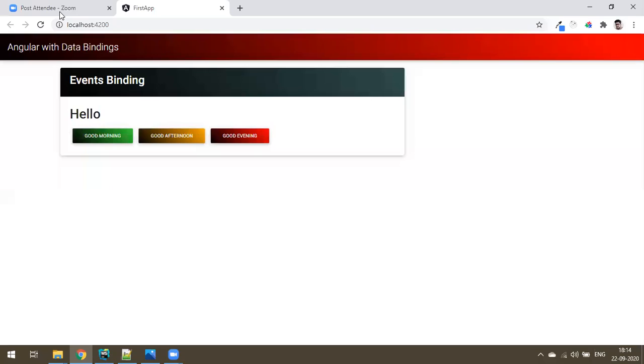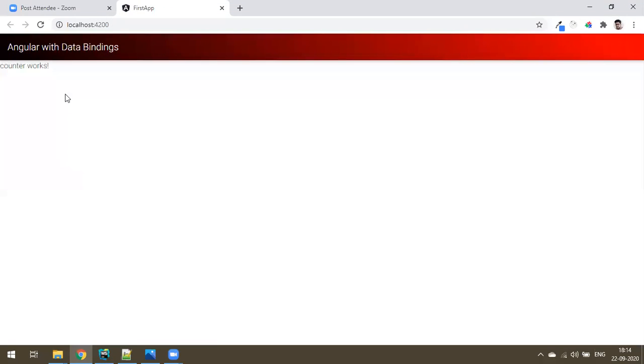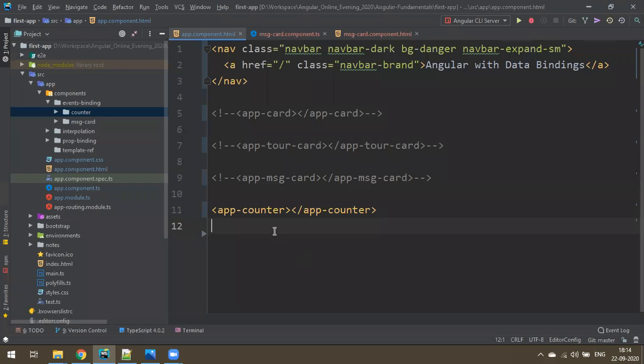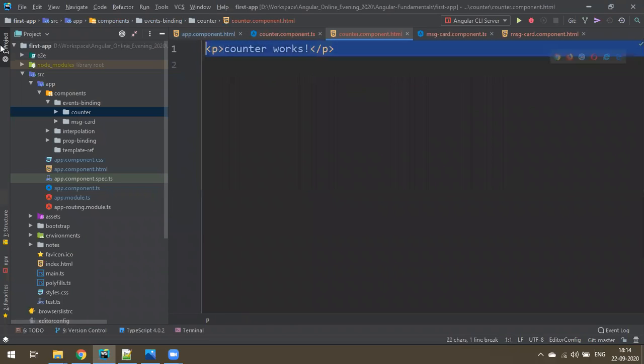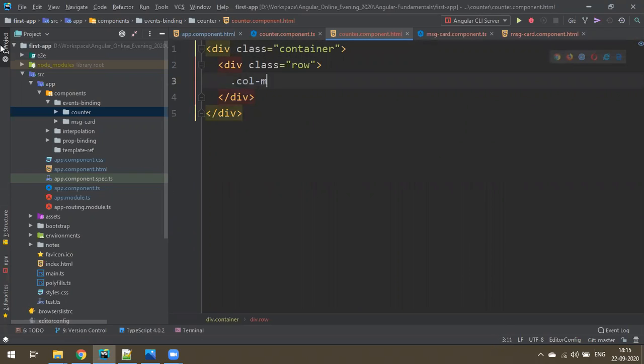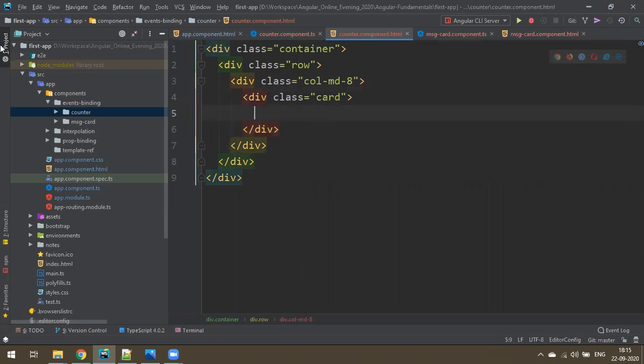So you get the default message. If you add that here, default message of the component is this one. So let's design this and then we'll discuss how to handle the counter and all. So design part is like this: one container, one row, one column D8, one card. I give the tab.